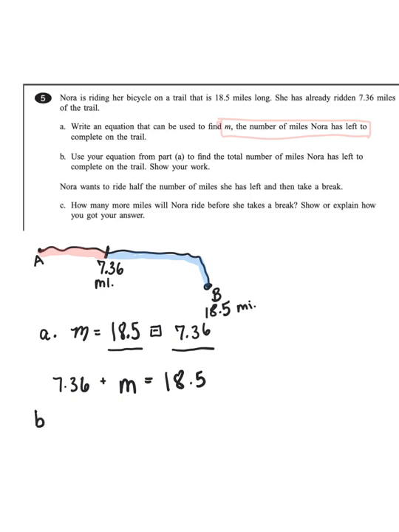Part B, let me make sure I'm labeling the parts of my question. Use your equation from part A to find the total number of miles Nora has left to complete on the trail and show your work. Oh, so I have to actually solve it. Is that right? Yeah. Okay, so I'm going to take M equals 18,